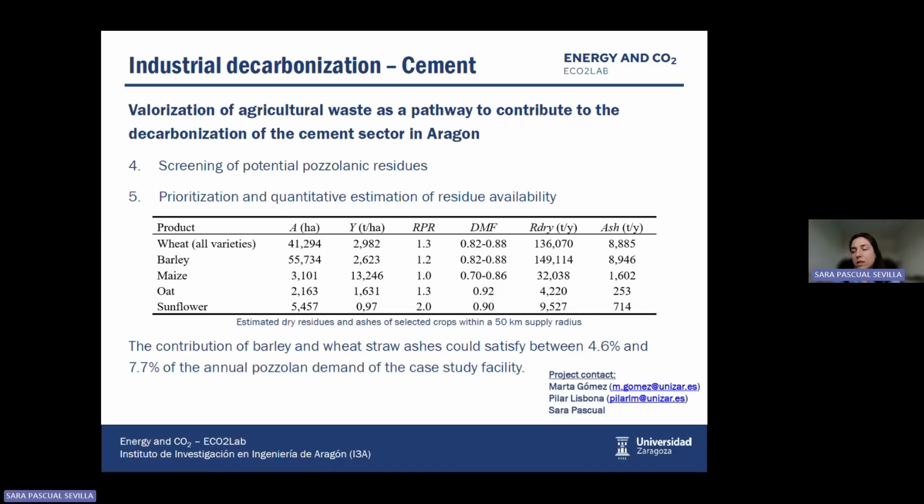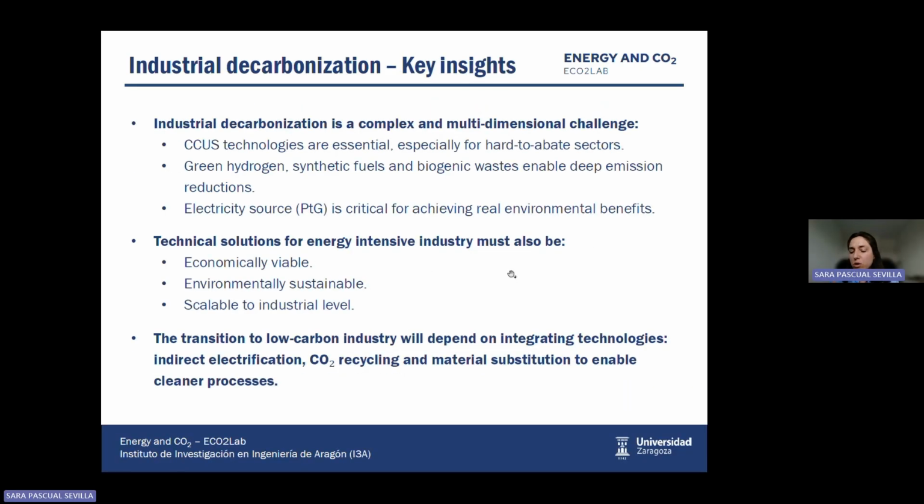This may seem a modest number, but industrially it is highly relevant because it reduces the clinker consumption, which is associated with the CO2 emissions. In addition, this project introduces territorial circularity and also local waste valorization. This example shows that decarbonization is not always about entirely new technologies. That also this idea leads perfectly to continue with some conclusions for this presentation.